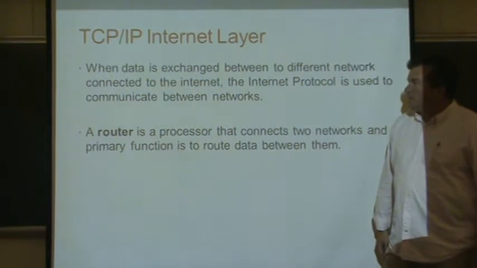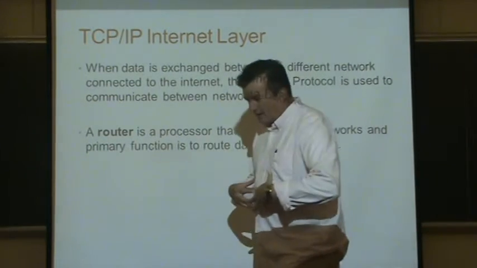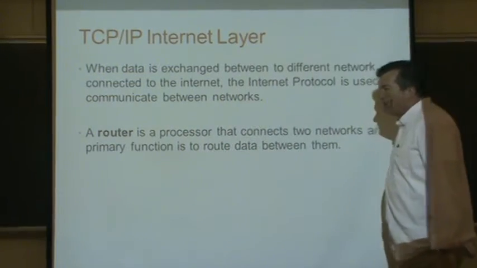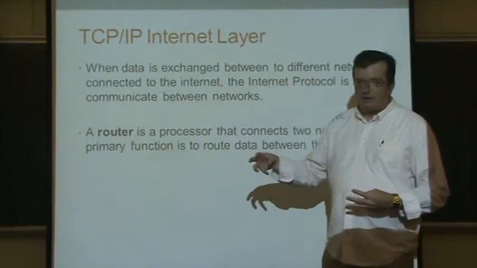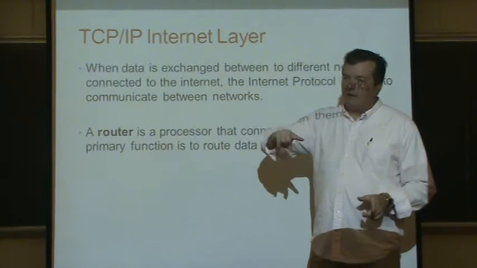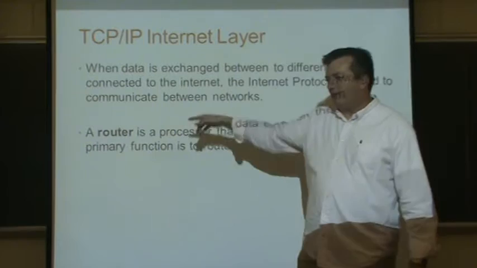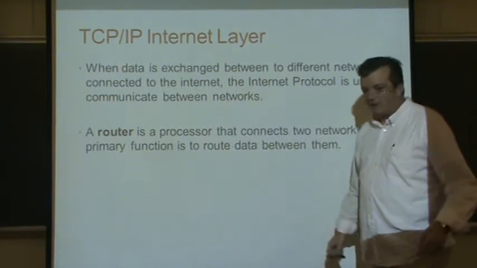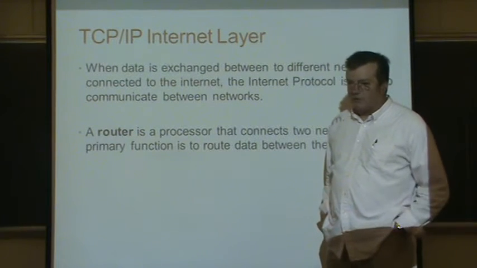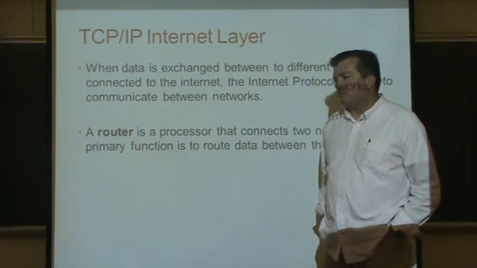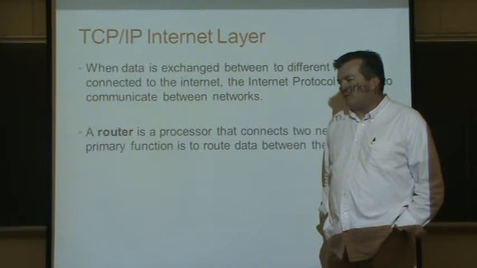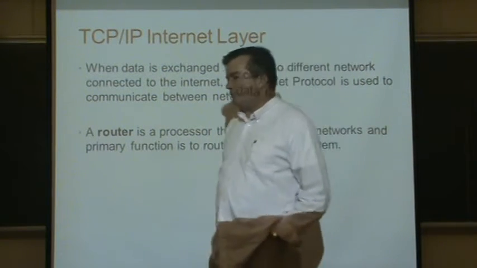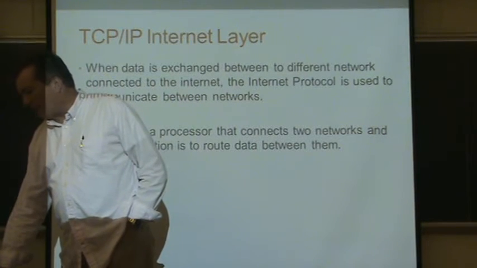The internet layer, this is where we're connecting our IP address to the IP address of the other machine. So here's where we would identify our IP address within our network, and we have the IP address of their machine within their network. So a router is a processor, if you think about it. Cisco makes routers. But effectively, it's a processor. It could be a software or hardware processor. But it's a processor that connects two networks and performs the function of routing messages between them. So routers operate on the internet level.